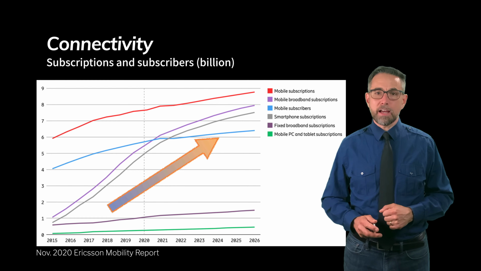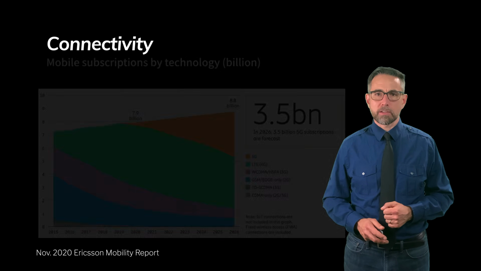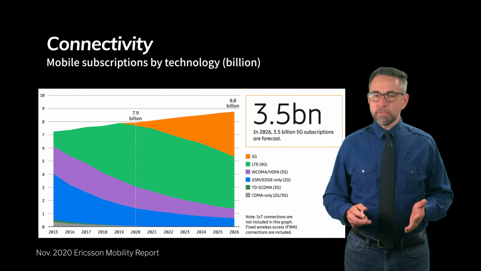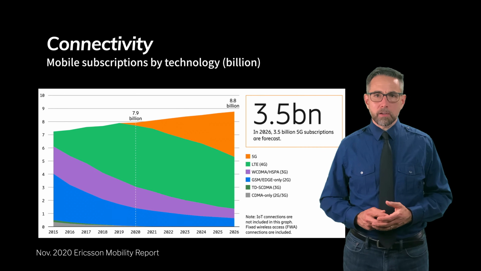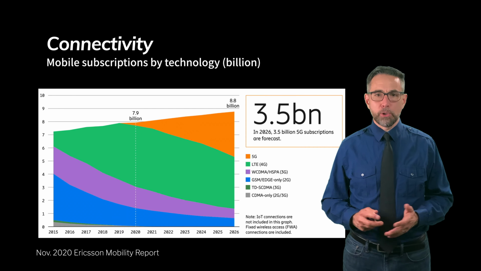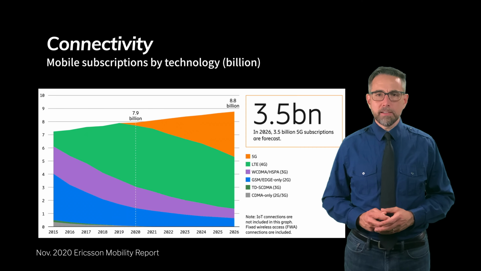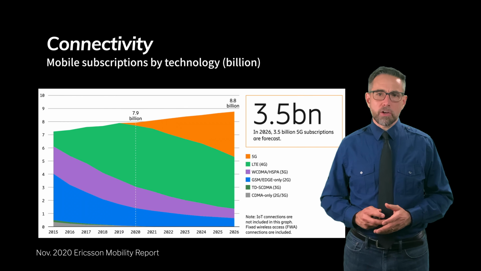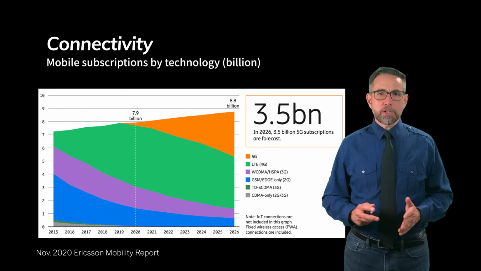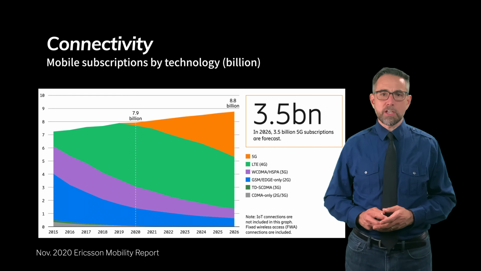And we see that the trend is definitely in the upward direction, particularly for the mobile subscribers and mobile subscriptions, as opposed to the fixed landline subscriptions, fixed subscriptions in general. In terms of technology, Ericsson's done a similar analysis to see what kinds of technologies are going to be driving the mobile data boom. Again, 2020, the date at which the data was collected, approximately 7.9 billion subscriptions, and a small percentage of those were 5G subscriptions. By 2026, they predict that there will be 3.5 billion subscribers of the 5G technology.